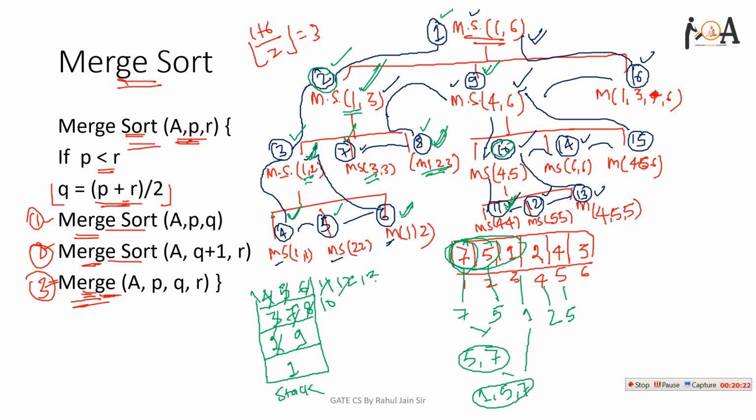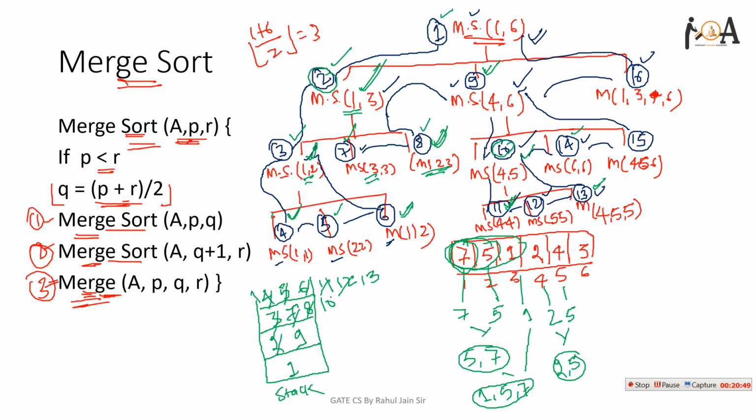After that function 13 will be called, and 13 is merge fourth and fifth. So I need to apply merging on the fourth and fifth. So the second and fifth elements would be written like that, and function 13 is called, and merge sort on fourth and fifth is done after arranging them in order 2 and 5. After that function 14 will be called.